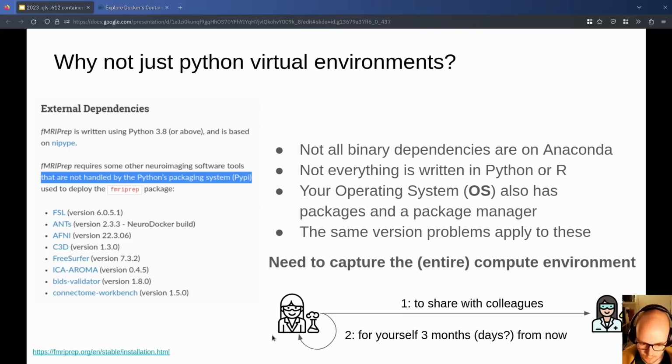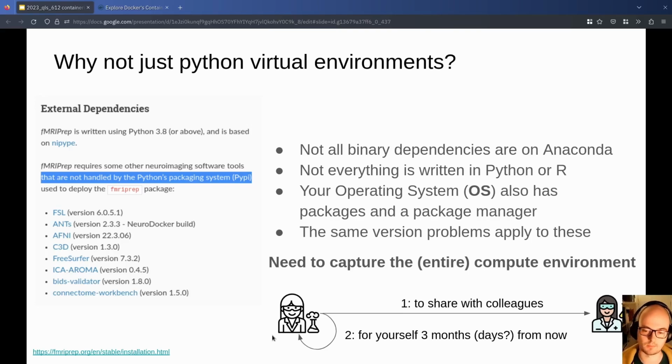And your operating system has also packages, right? There are things that you install and occasionally update. If you're on Linux, you update your system dependencies, and that may change some underlying low-level library that you didn't even know, but actually has a pretty strong impact on your results. So you want to ideally also describe that part of your environment, which is the operating system that you haven't